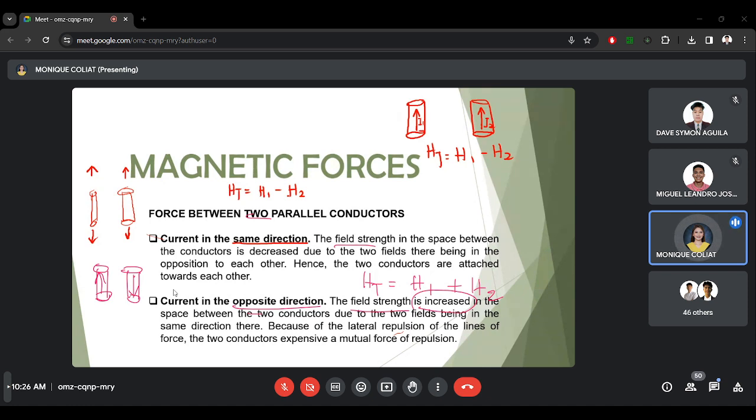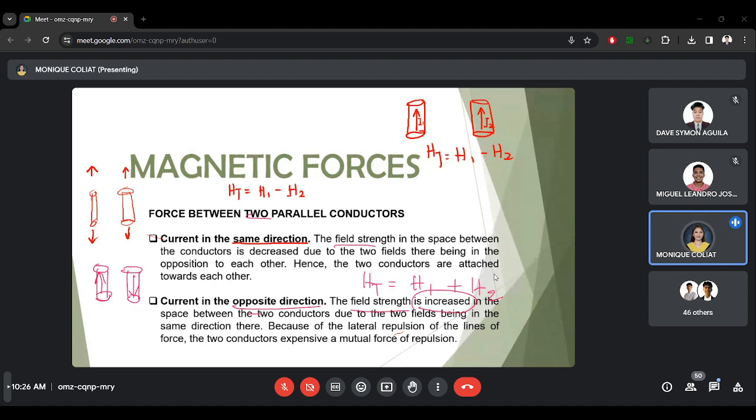We have a material that allows the flow of electrons, and we have a material that doesn't allow the flow of electrons. So this is what we call an insulator. Example of our conductors, they are made of materials generally